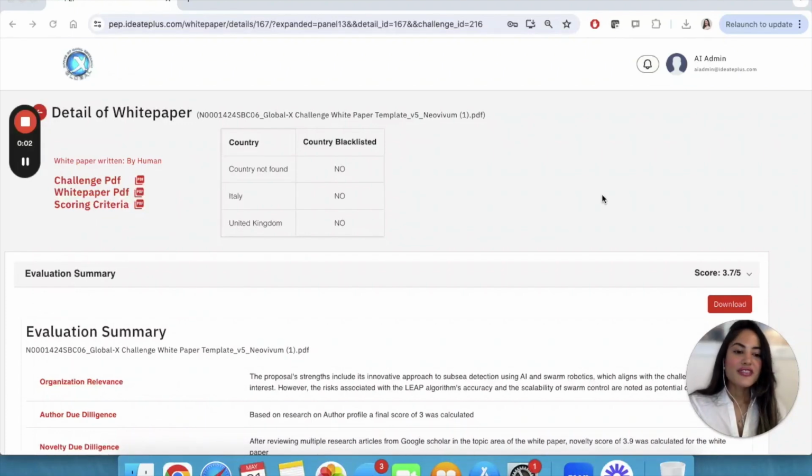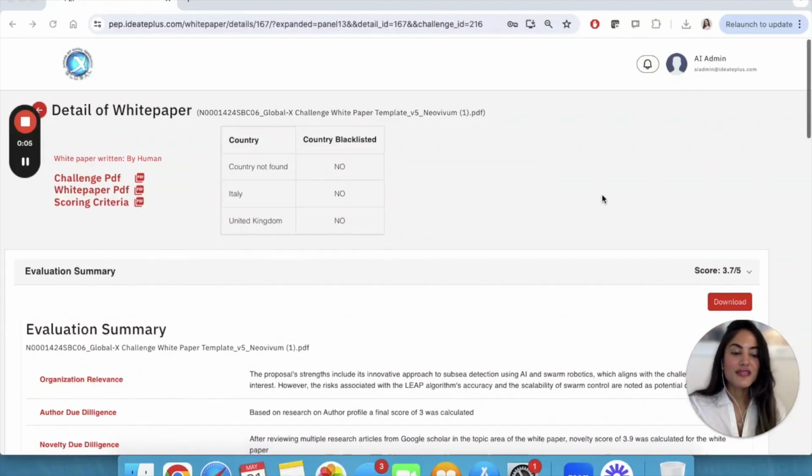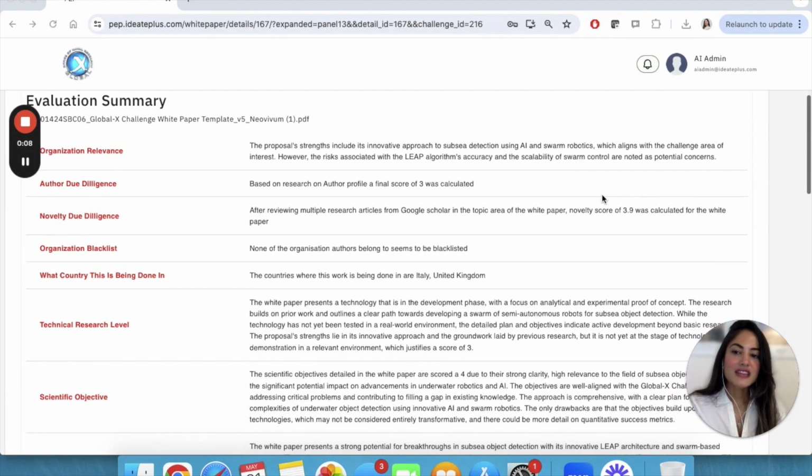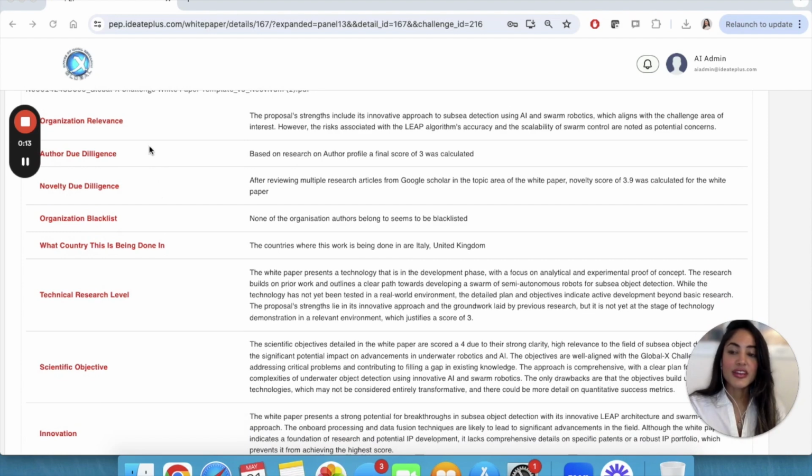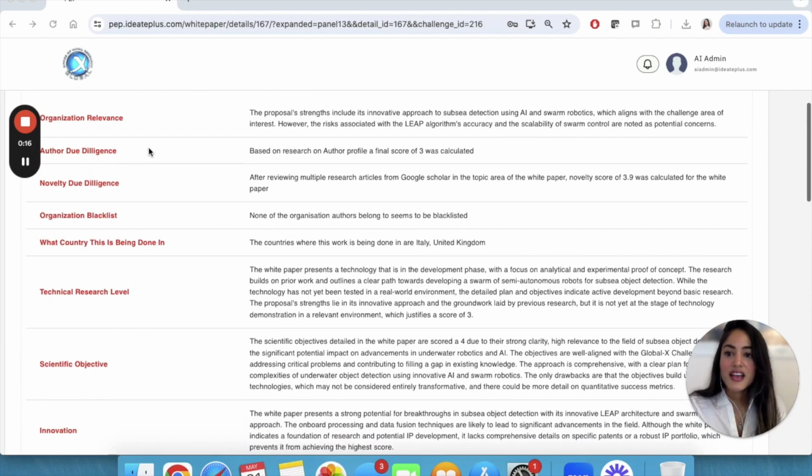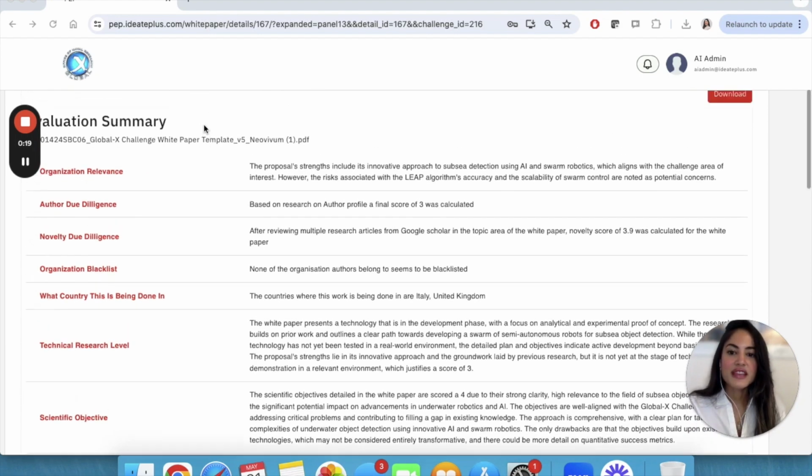Now that we have that information covered, we can delve into the evaluation summary. And the AI has actually provided a score for each of the sections that you see here on the left side, including the organizational relevance and the author due diligence. Here for the organizational relevance, for example, the AI definitely provides a comprehensive yet high-level idea of the relevance that this white paper has, not just to the organization, but to the overall goal for the challenge itself. So we see here, for example, the proposal strengths include its innovative approach to subsea detection using AI